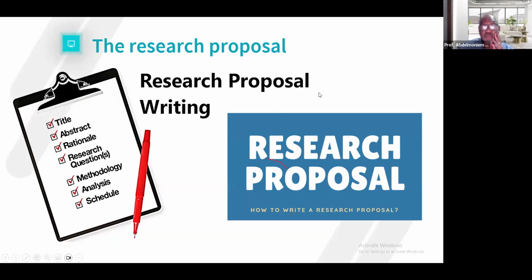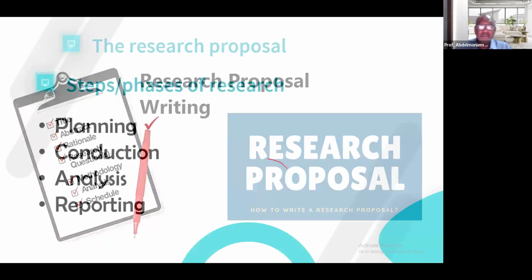The last tool is the research proposal writing. And why I stopped and summarized is because writing a research proposal is very much similar to actually writing your report. So the tools we are going to use for research proposal writing are the same as the tools used for manuscript writing. So what are these?